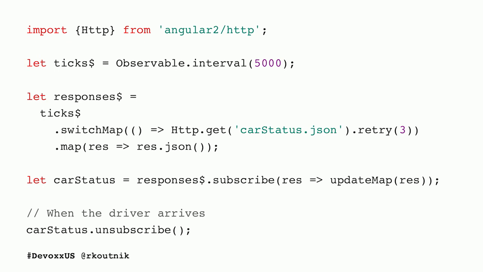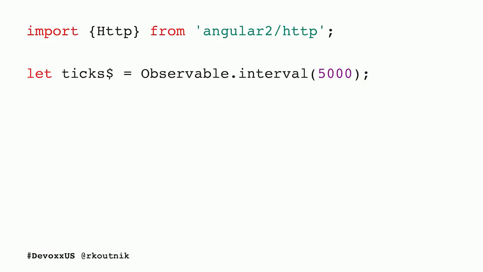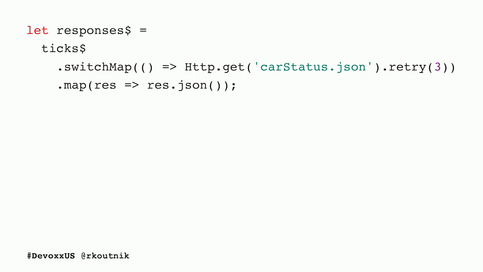So let's walk through it bit by bit. In this, we are going to pretend to be a new ride-sharing service. Since Uber seems to be crashing and burning, there's probably an opening in the field. We want to tell the user the status of the car that is coming to pick them up. First thing we do, grab HTTP in an import statement. We've seen import statements before. That's not exciting. We've also seen observable.interval. It's not exciting either. That's old news. But it's going to trigger once every 5 seconds.